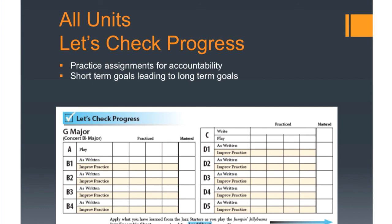At the bottom of what ends up being the second page of the exercises is this chart called Let's Check Progress. The idea behind this is there's such a feeling out there for so many people that players who can improvise were somehow struck by lightning when they were sleeping and woke up one morning able to do it. And of course, that's not true at all. Improvisation is a skill that can be learned, it can be practiced, and I want to encourage students to do that very thing. So keeping track of their practice in this chart is a way for them to do that. It's also a way for you to assess their progress and hold them accountable for what they're doing,